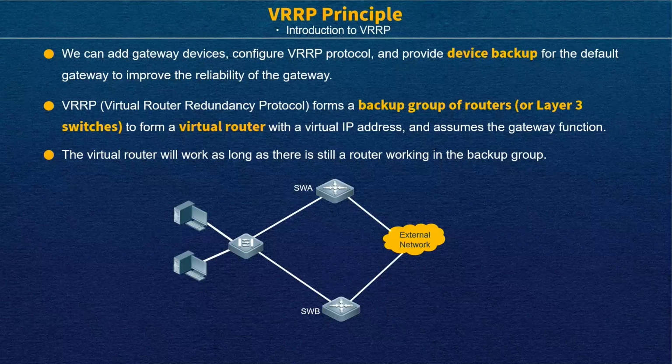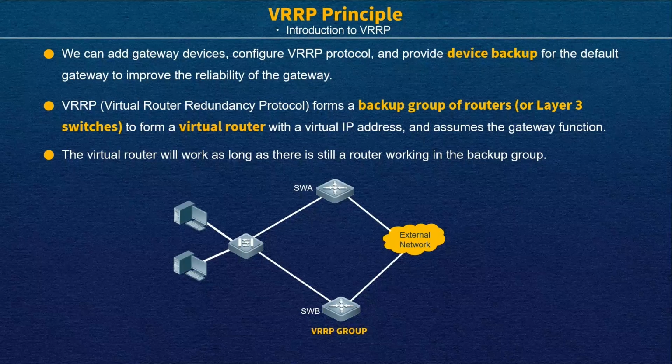That means if we use this protocol, we select a virtual router and give it an IP address, and the terminal uses this virtual IP address as its gateway. But finally, the message still needs a physical device to forward it out. So in this backup group, we have to select one device to forward the message out. If this device is broken, we can select another device to become the physical device to forward the message out. This is the basic function.